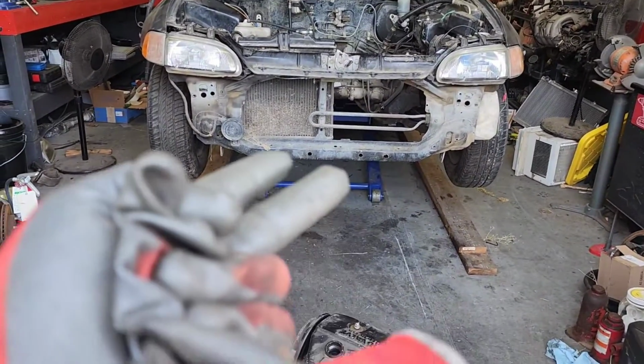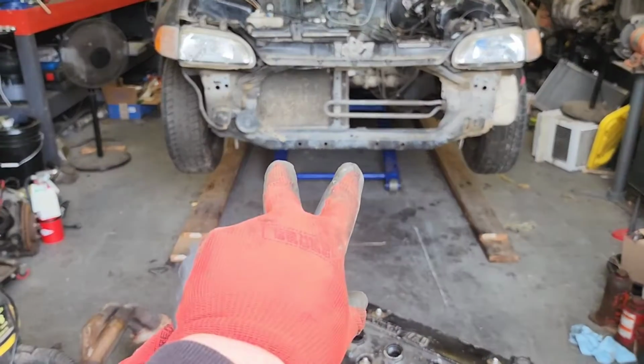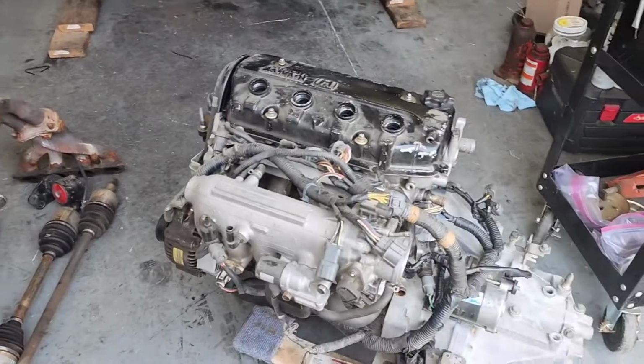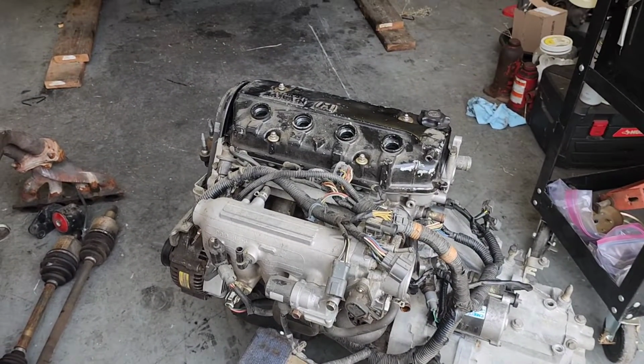I'll raise my lift up some more, and this is just going to shoot underneath there, and then we can just bring the car on down right on top of it, and then bolt it into the motor mounts. And then we're going to be that much closer